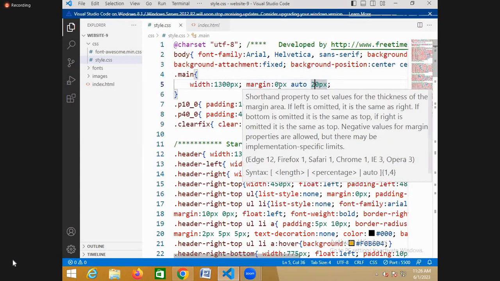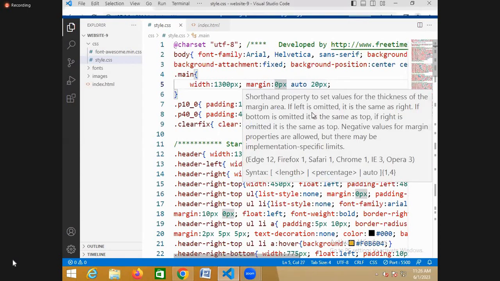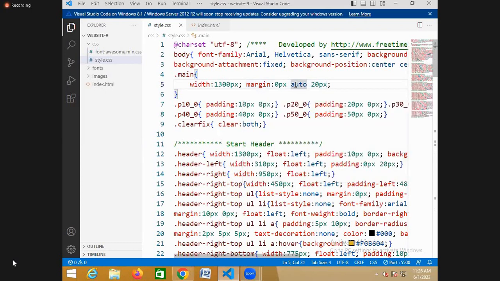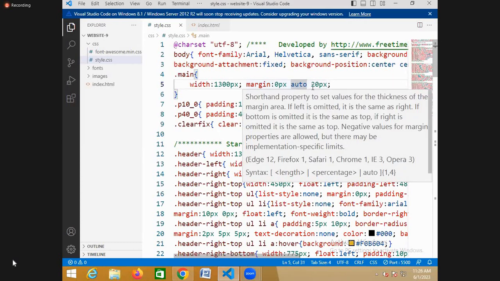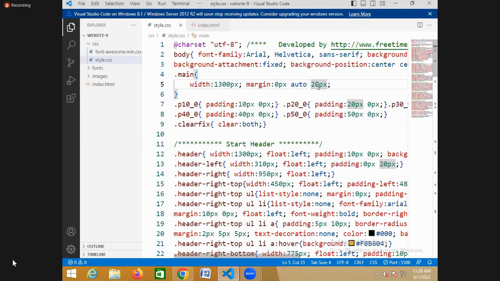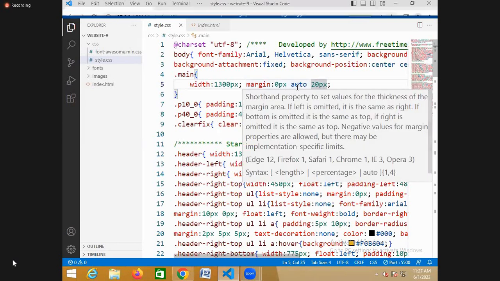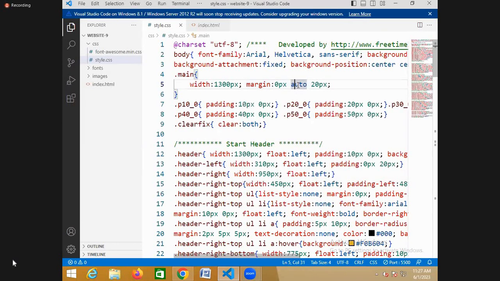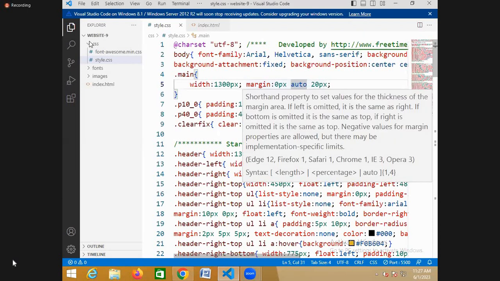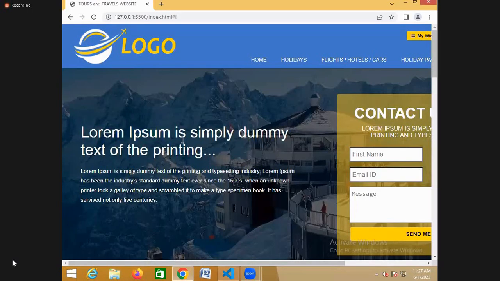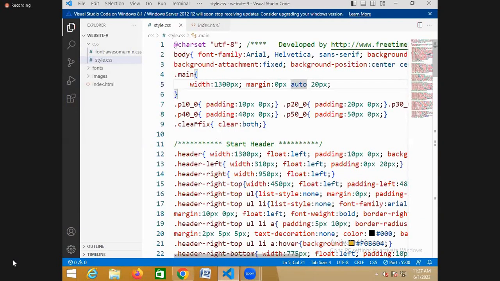Now which margin is this? Left margin. And this is which margin? Top margin. And this is which margin? Right margin. So what is the top margin here? Auto. Okay, right? But there is no box and other things. Now within this division, there